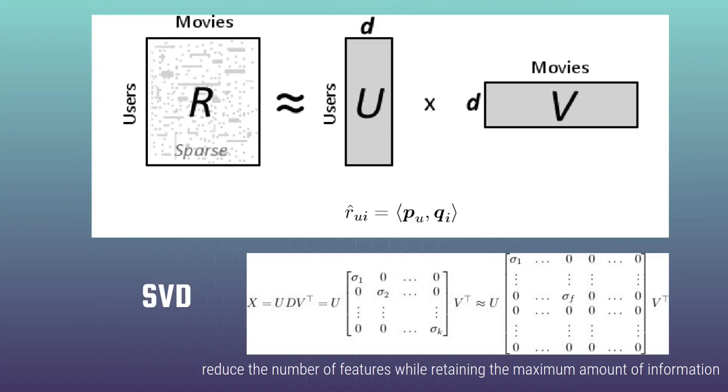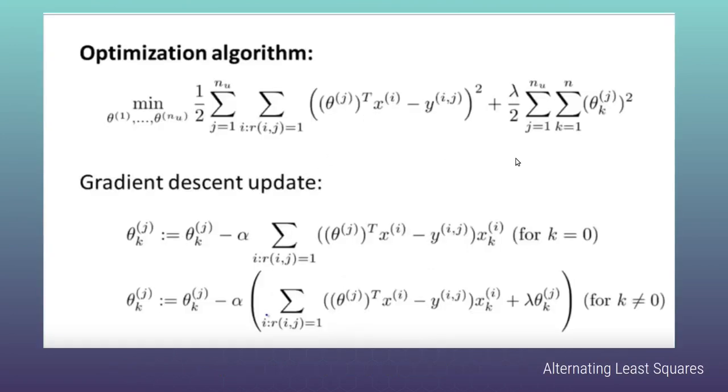The deal is, such decomposition is not unique from a math perspective, and moreover, to perform it we need to replace empty values in our R matrix, and it is rather sparse, as you can guess, with some optimal values. And to achieve that we need to perform optimization algorithms, and here is where machine learning comes in. People that deal with machine learning will for sure recognize familiar optimization formulas. To resolve optimization problems, we have to use gradient descent or alternating least squares algorithms. Now you know why it is complex, computationally intensive and time consuming.